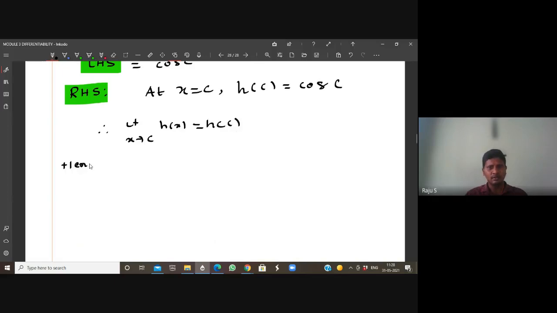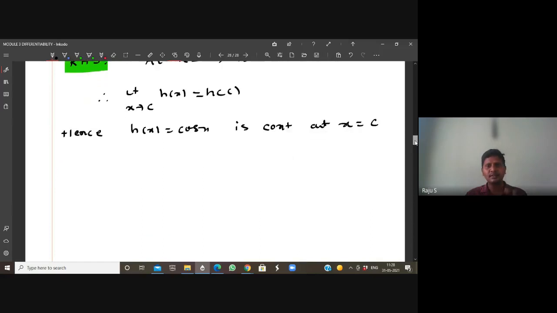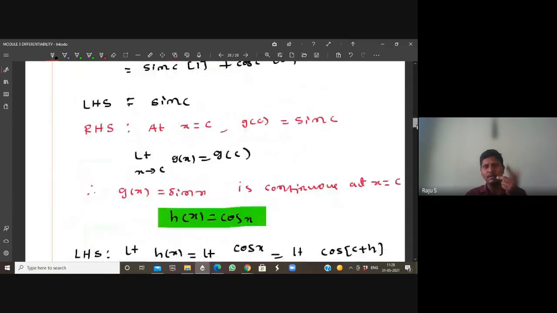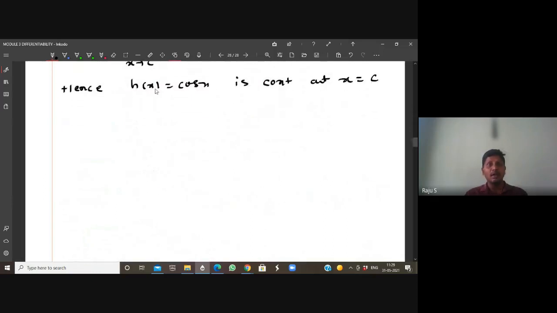Hence h of x, that is cos x, is clearly continuous at x equal to c. What is meant by this? It is continuous on the entire real line. That means it is continuous everywhere. Sin a plus b formula, cos a plus b formula. Now after checking this, therefore what can we write